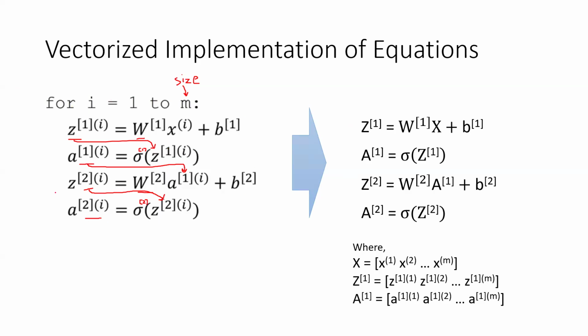So instead of applying these equations for all of these data points individually, you can apply them in a single matrix using this capital Z notation, right? Capital Z1 is capital W1, which we have discussed just now, applied to the X values, capital X, plus B1 for the first layer, and then you can apply it to the first layer's activation function,